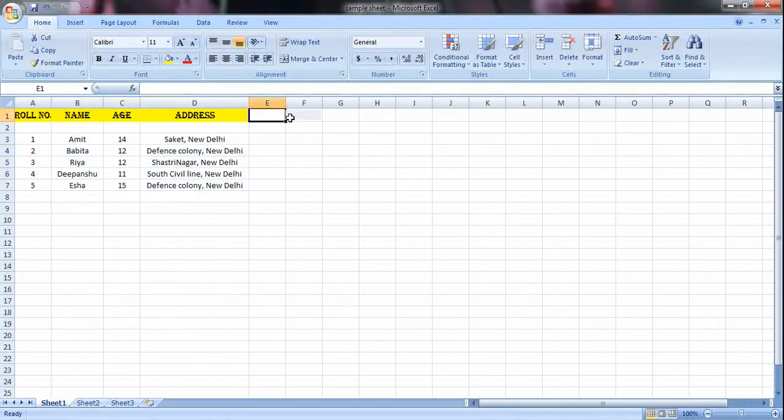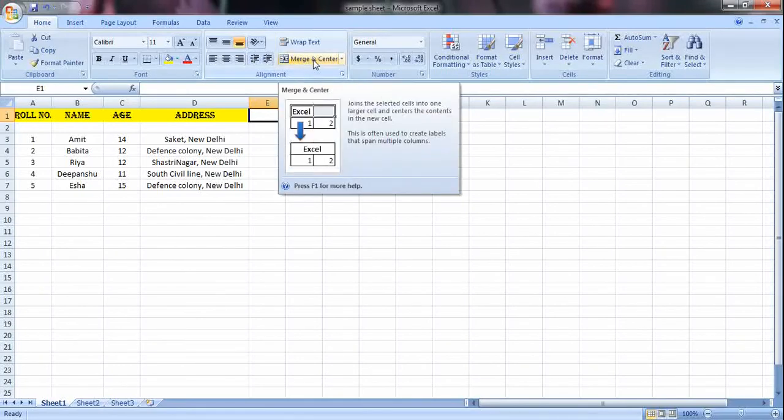Now what I'll do is I'll take these three cells and I'll use merge and center. So what I'll do is I will just merge these three cells so I can put a heading marks there on the top. So to use merge and center, you'll just go to the alignment group and there you have the option of merge and center.